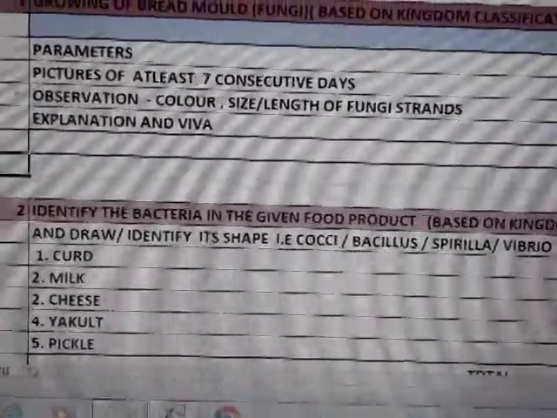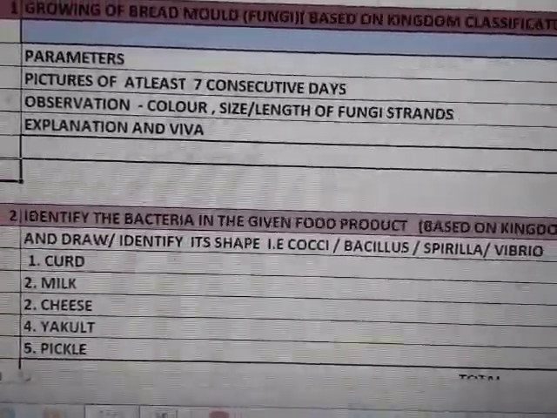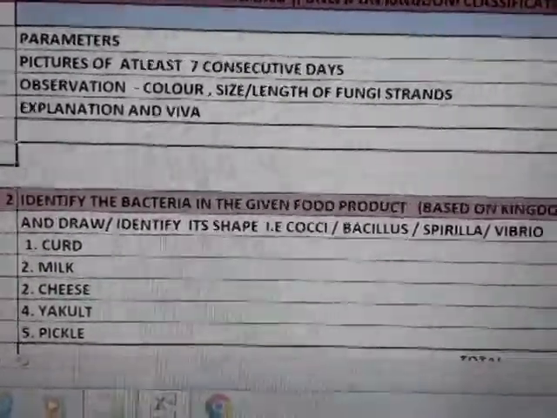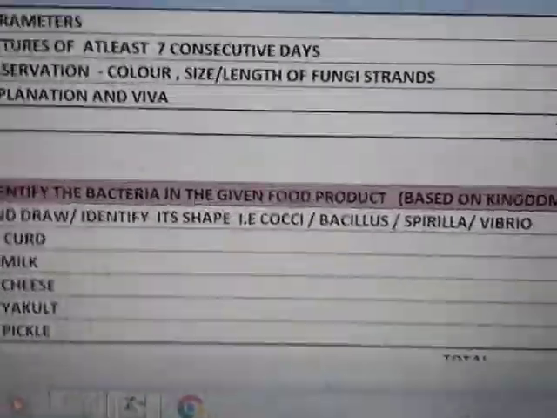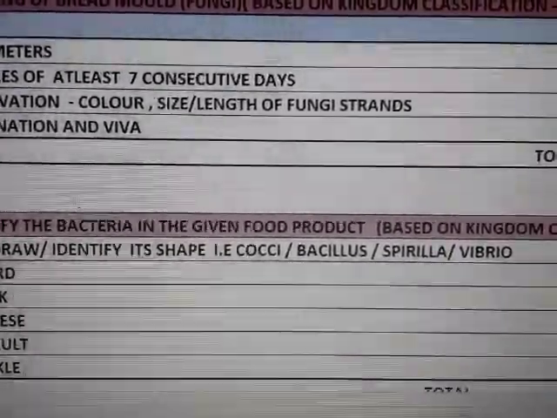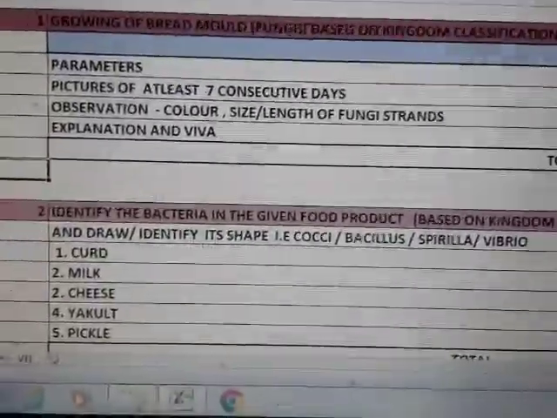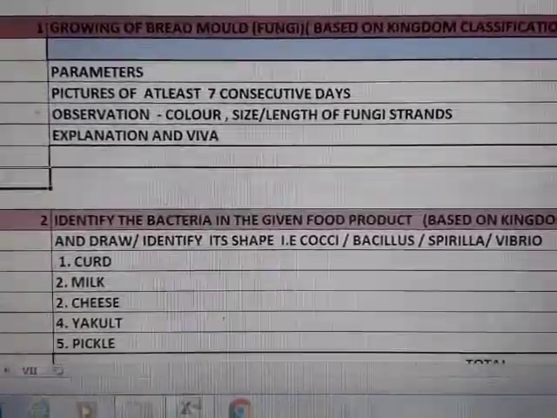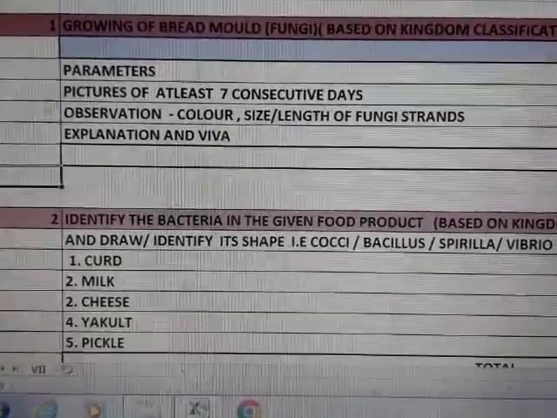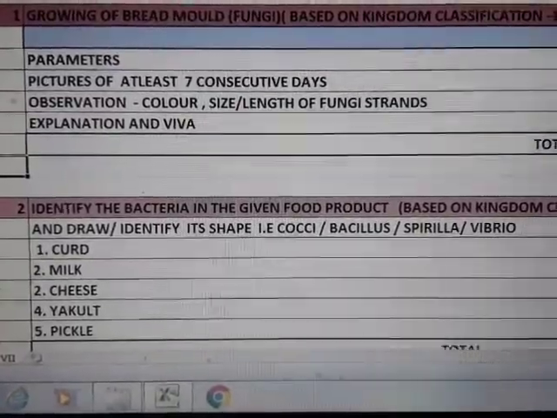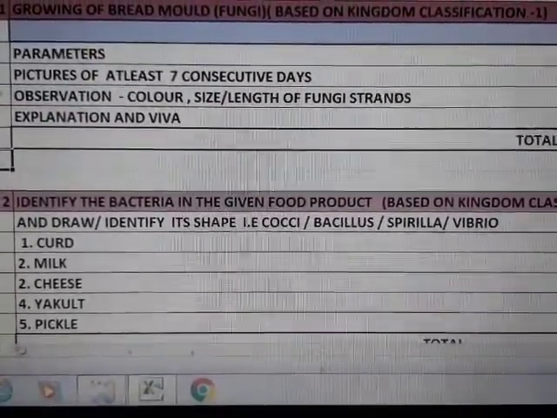So observation, I'm going to give you a Word file in which there is already a sample. How are you going to write, how are you going to send me the project? In that, one table is going to be for observation. There are only these 2 parameters I want you to write. First is the color, and second is size or the length of the fungi strands. That is going to carry 5 marks. So your observation: the color of the fungi normally grows from white to grayish color, then towards black color. So after first day, second day, what were your observations? The table is already given there in the Word file. You have to simply fill it up and send it to me. That is going to carry 5 marks.